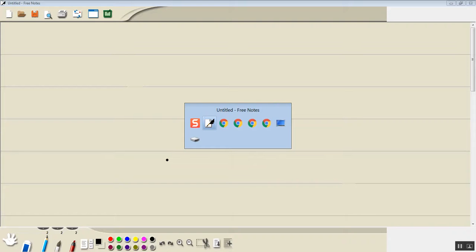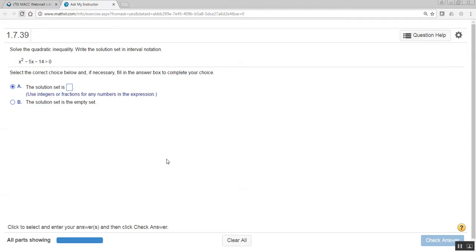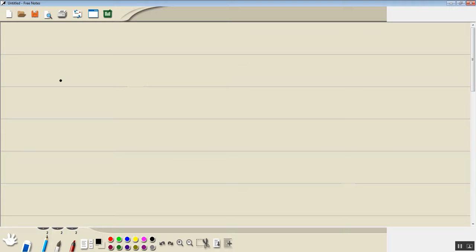A little trouble with my computer. Okay, x squared, sorry,